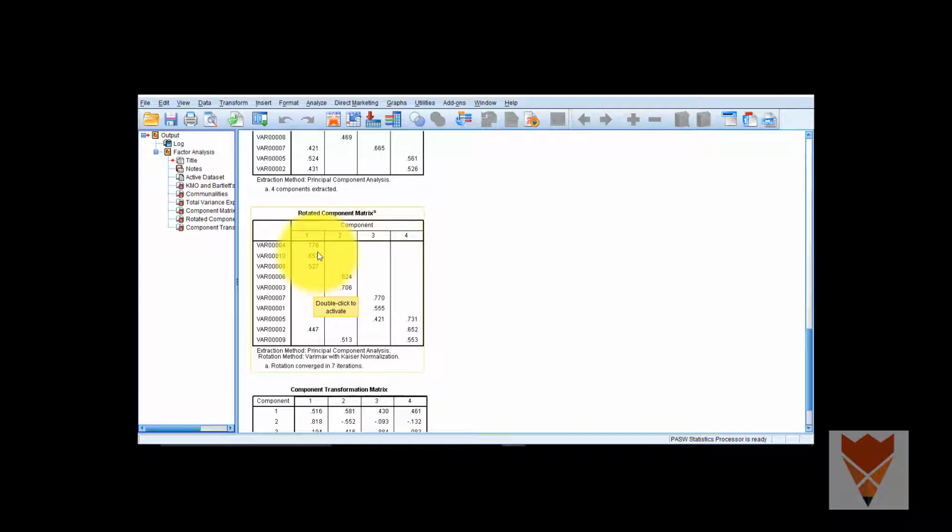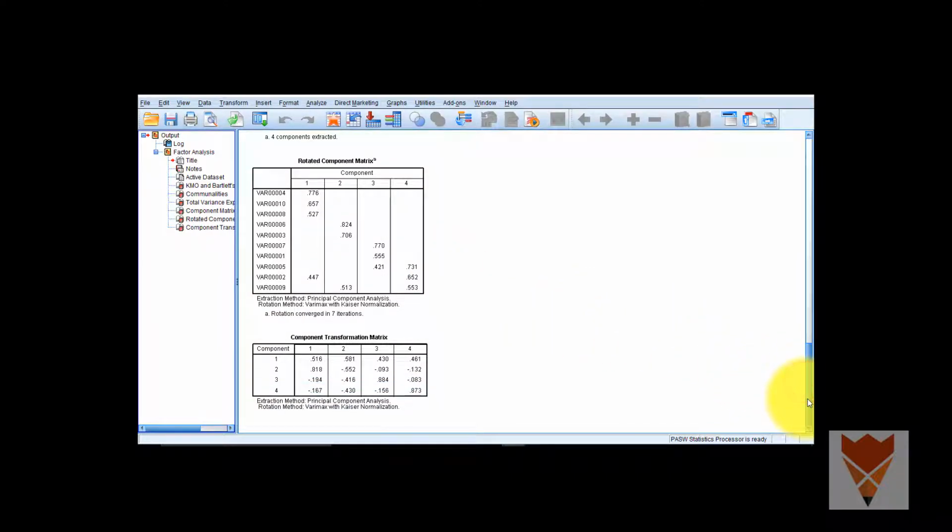Question 4 is having 0.776 correlation with factor 1. Question number 6 is having 0.824 correlation with factor 2, and these factors are different dimensions under one particular variable. So this is how we conduct factor analysis in SPSS and interpret factor analysis. Thank you.